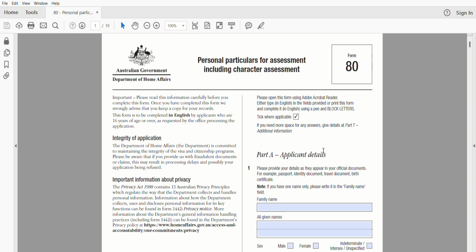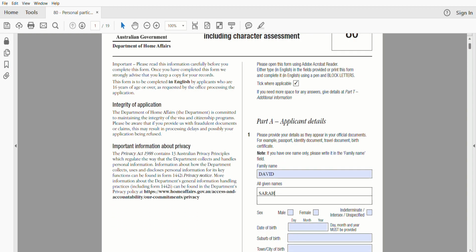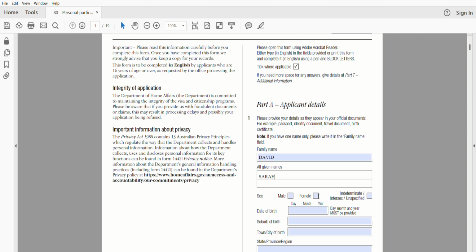The part A, applicant details. So the first detail is the family name. So let me just mention it as David, and given names Sarah. So you need to fill this up as per your passport. I will tick here as female, and the date of birth would be, let's say,